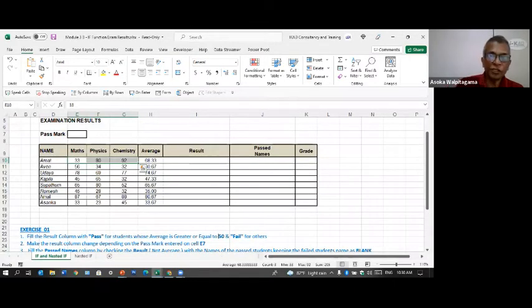Why we need the function is, remember, to change a cell value depending on a condition. For example, in this case, we have to say the result pass or fail depending on the average marks he has scored. If you take another example, if your salary is, let's say, more than 200,000, you want to put a 10% tax.